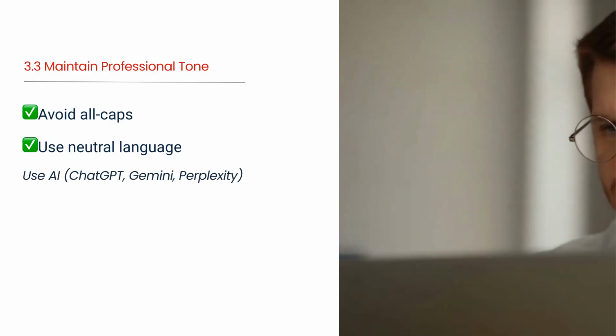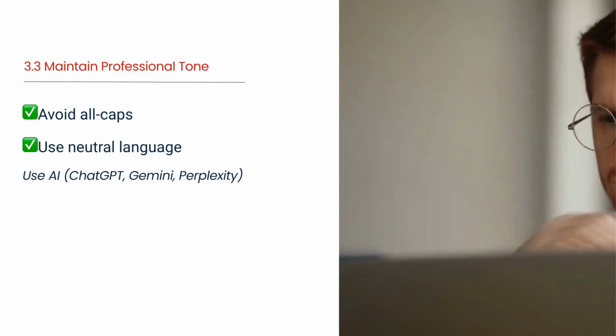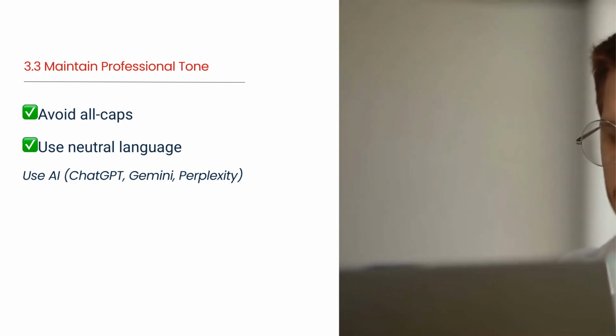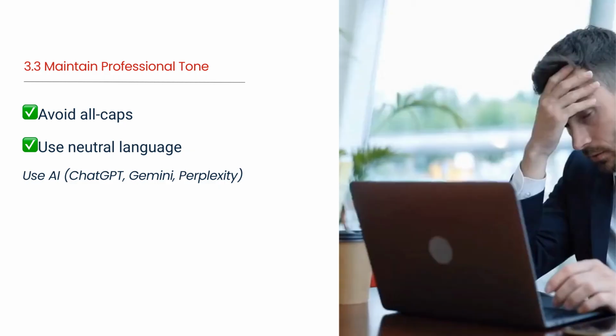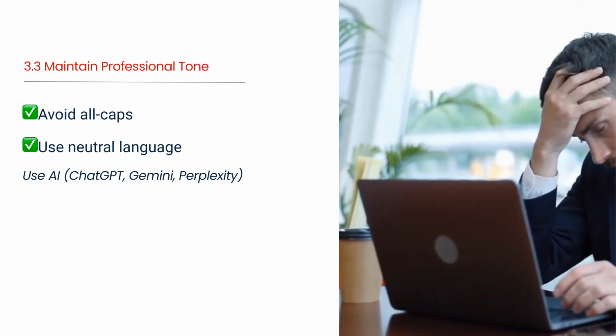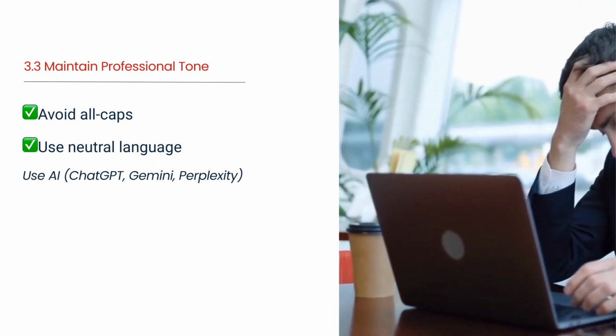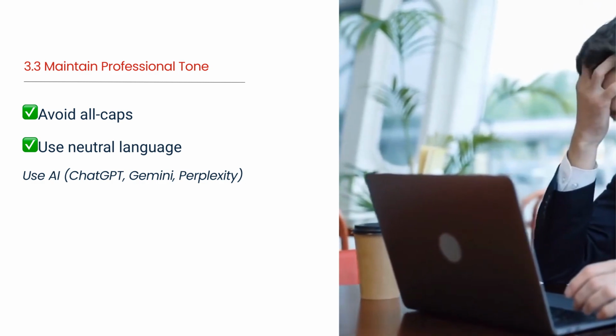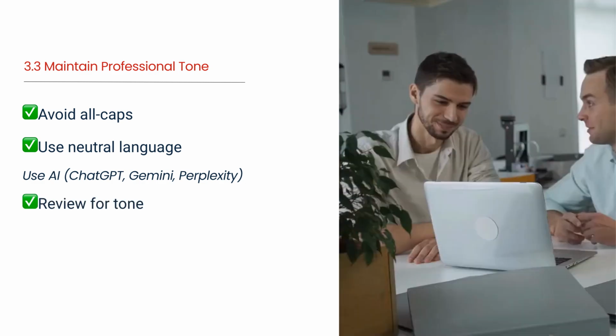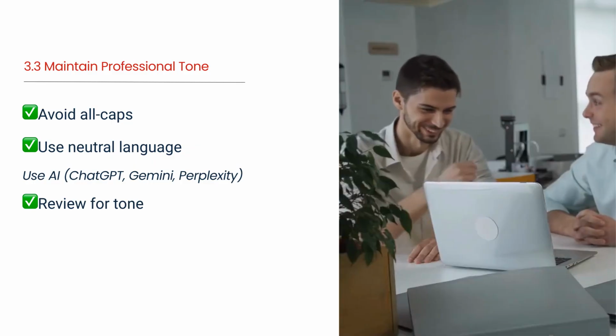If you are unsure how you sound, leverage AI tools like ChatGPT, Gemini, or Perplexity. Paste your draft and ask them to rewrite this to be professional and objective. This ensures you communicate clearly without creating unnecessary issues. Always review for tone. If you feel angry, draft the email, walk away, and edit it later to ensure it